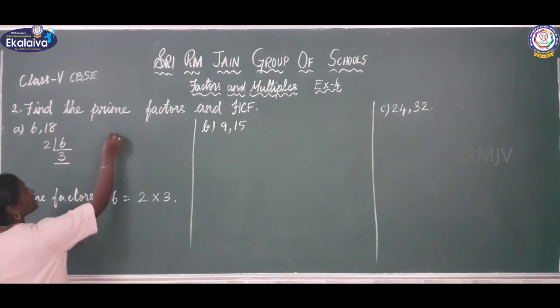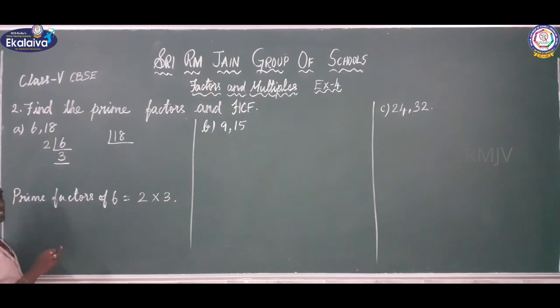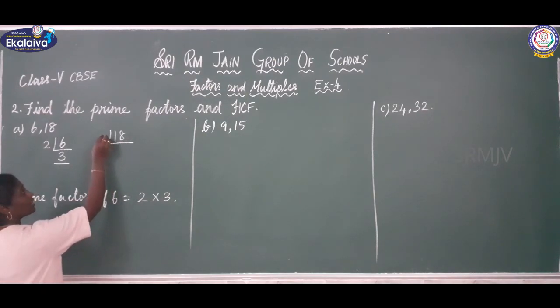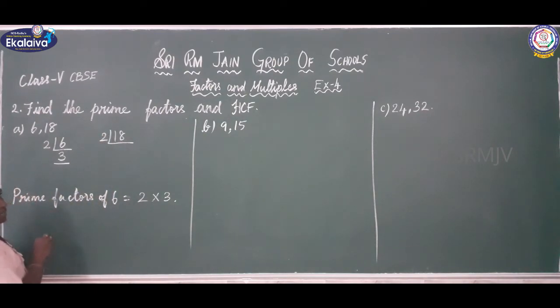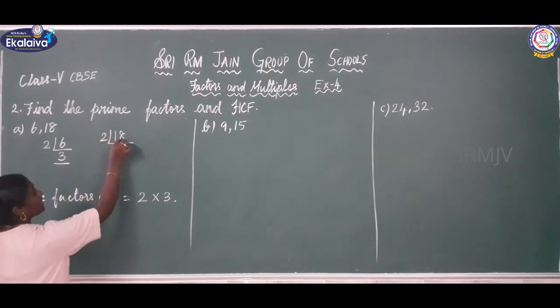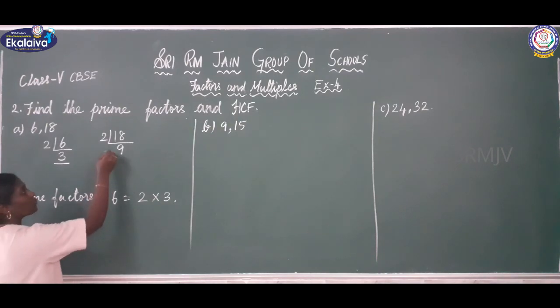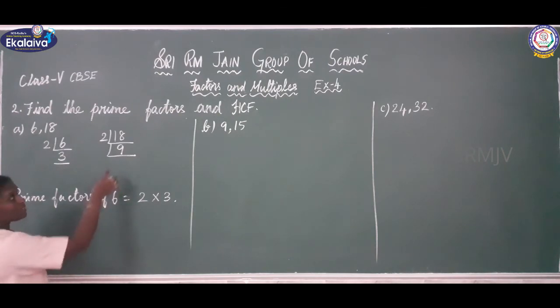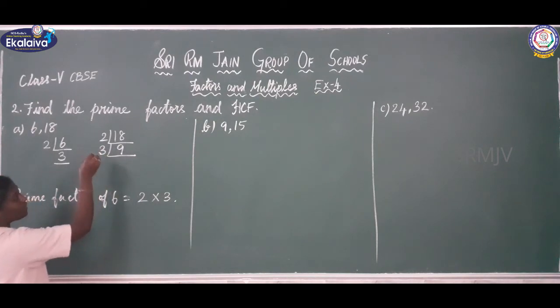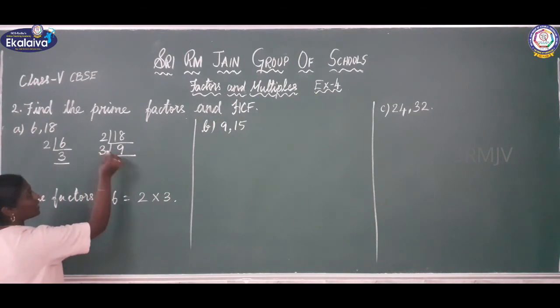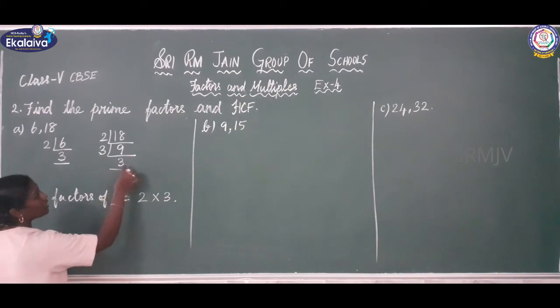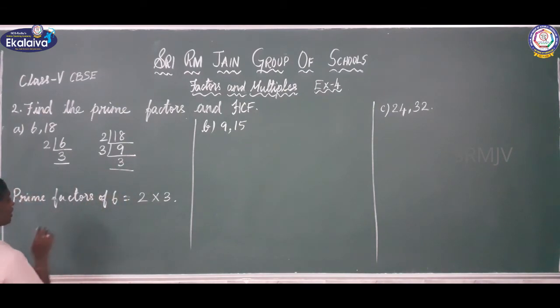Now we are going to find the prime factors of 18. Here, which is the smallest prime factor? 18 is an even number, so 2 is the smallest prime factor. 18 divided by 2, the quotient is 9. Here 9 is a composite number. So again we are going to find the smallest prime factor of 9. Which is the smallest prime factor? 3. Okay, 9 divided by 3, that is 3. Here we got the quotient, a prime number. So we have to stop here.